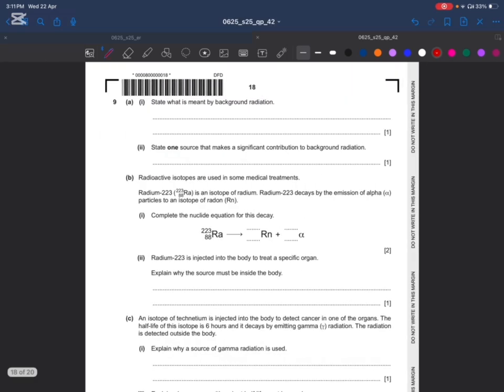And let's move to question number 9. In question number 9, you can see that this question is about radioactivity. A1: state what is meant by background radiation. So you know that background radiation is the radiation which is already or always present in the environment. So the same is the answer you can write. And what is the definition you can say? That this is simply the